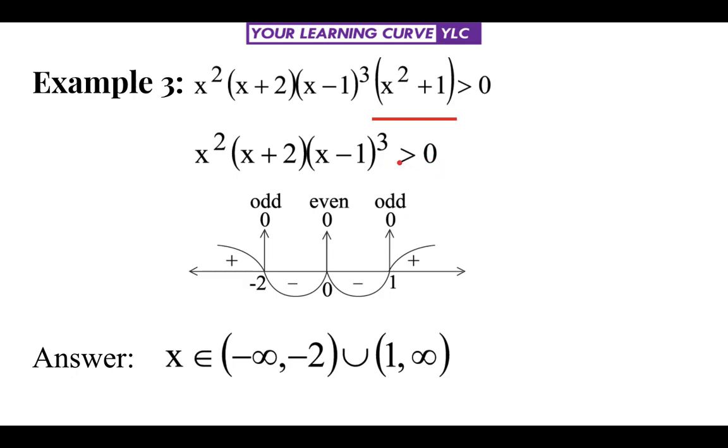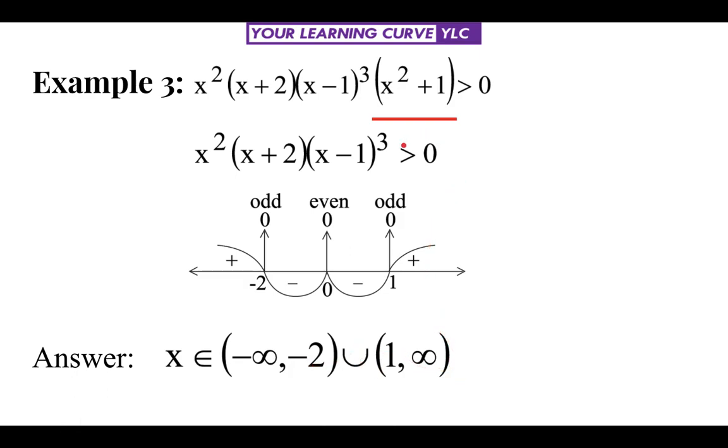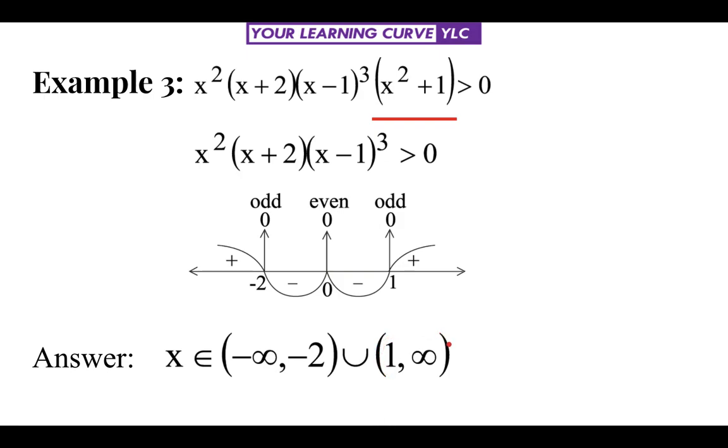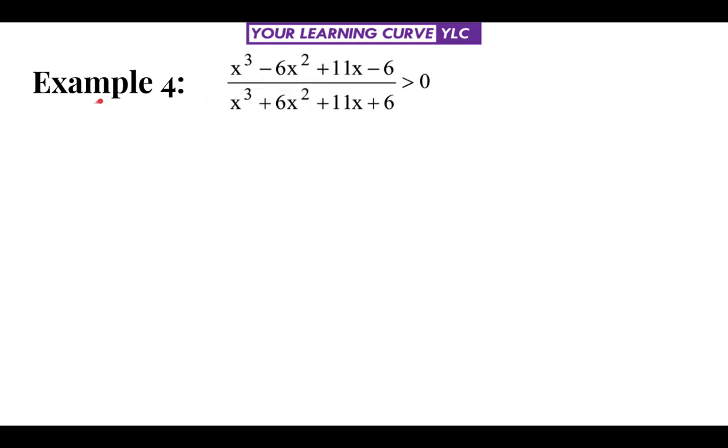Now let's write down the answer. We need strictly positive. So positive, the interval is from minus infinity to minus 2, negative, negative, then 1 to infinity. We write down our answer, minus infinity to minus 2, union 1 to infinity. Here, since equality is not there, we cannot include the points where the value of the function is becoming 0. So what we do, we put an open bracket at minus infinity, 0 is not accepted, so minus 2 is also excluded, put an open bracket, 1 is also excluded, put an open bracket, and plus infinity is always excluded, so remove it.